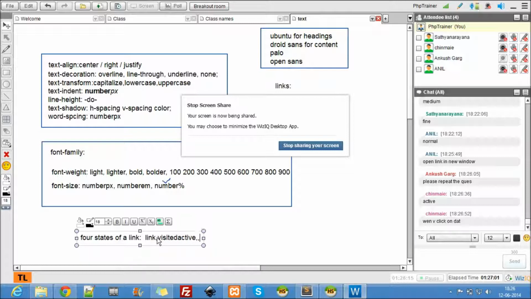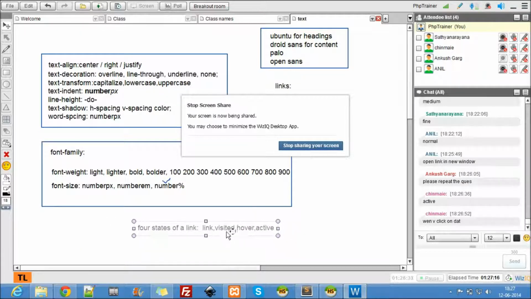And then hover. These are the 4 states of a link. Now we can style every state.